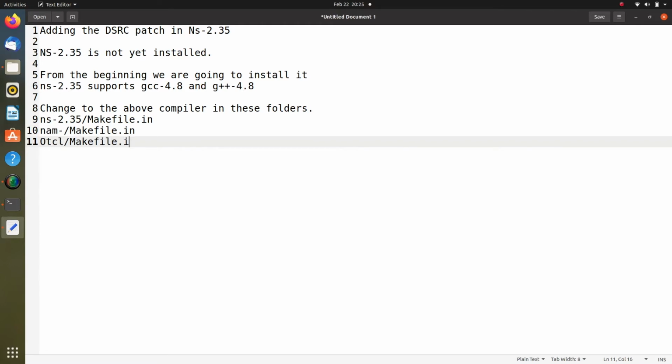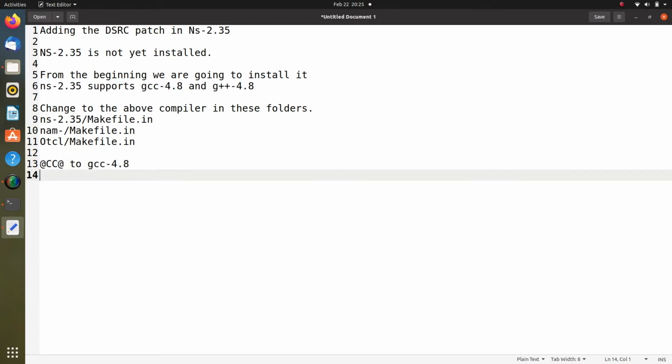So in this we have to replace CC with gcc-4.8, then CPP or CXX with g++-4.8. So this we are going to change now.